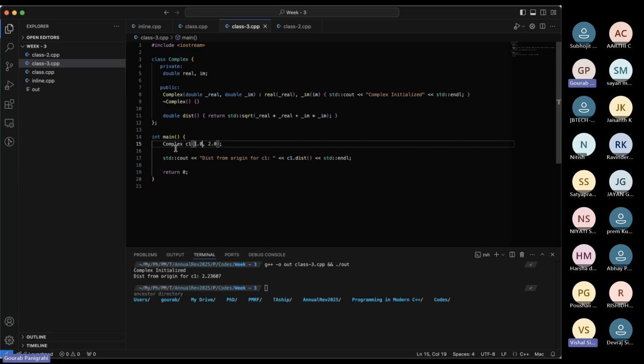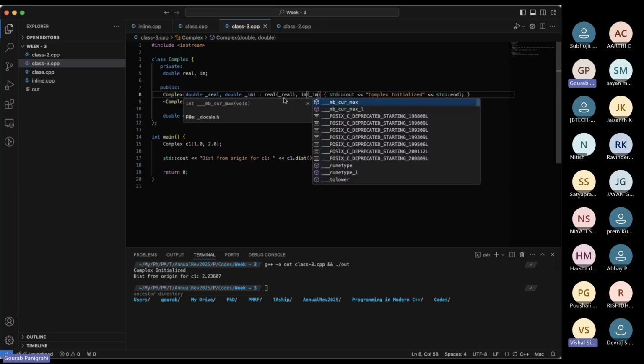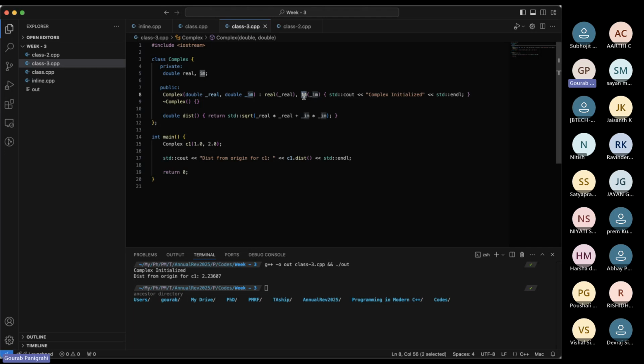एक्स्ट्रा चीज क्या होती है कि जब ये कंस्ट्रक्टर कॉल होता है, इट टेक्स बाय डेफिनेशन टू वेरिएबल्स। देन व्हाट इट डज इज रियल को सेट करता है जो अंडरस्कोर रियल इसने पाया, एंड इमेजिनरी को सेट करता है जो अंडरस्कोर इमेजिनरी इसने पाया। नाउ इमेजिनरी और रियल वेरिएबल, दीज आर द मेंबर वेरिएबल्स, जो एट्रीब्यूट्स हैं क्लास के, C1 ऑब्जेक्ट के। ये अंडरस्कोर रियल अंडरस्कोर इमेजिनरी आफ्टर सेटिंग उनका कुछ काम नहीं, दे जस्ट गो अवे।